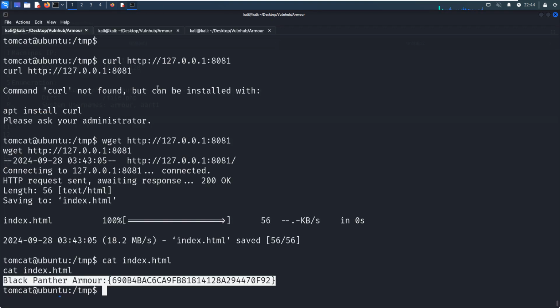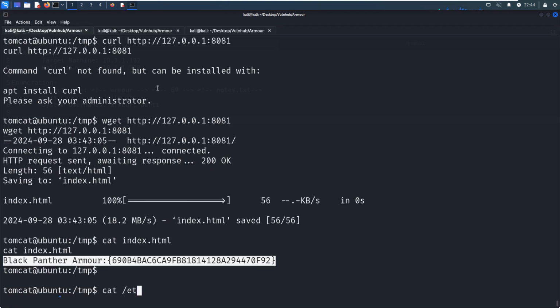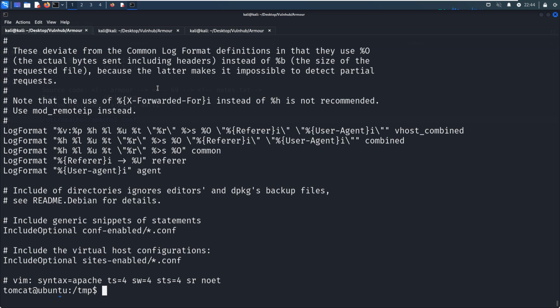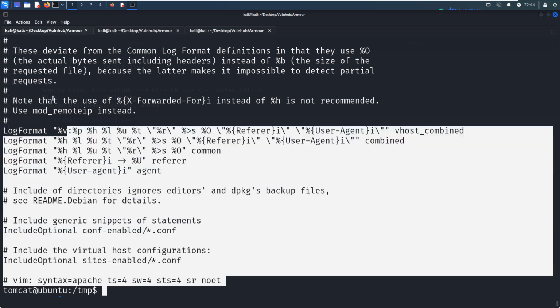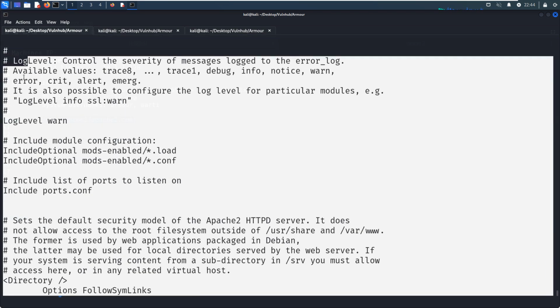Okay, so how to do it? We can cat out this file first, the Apache 2 config, and we can copy this file.